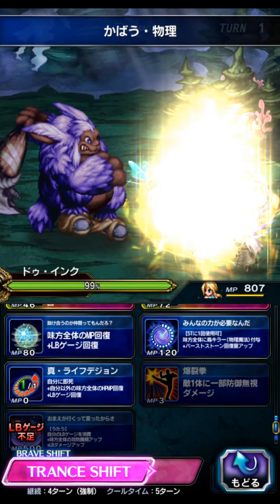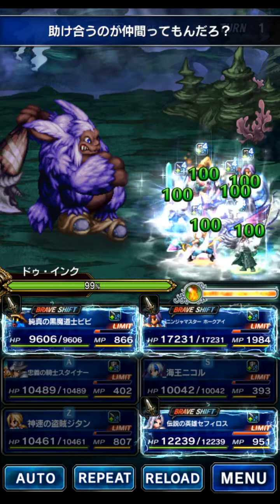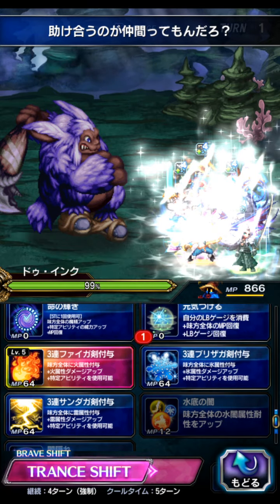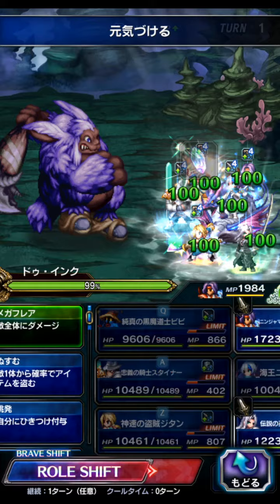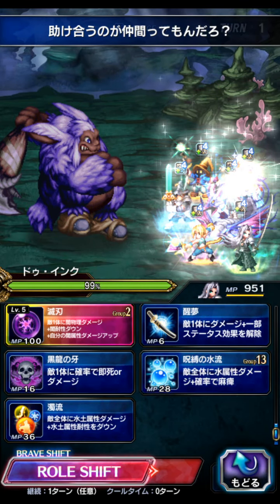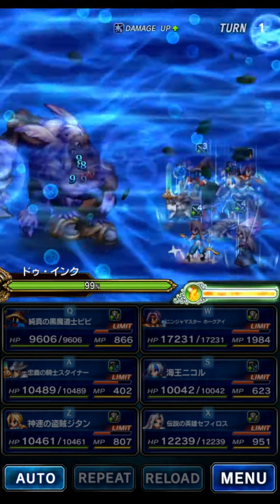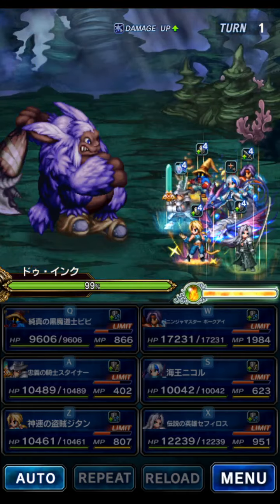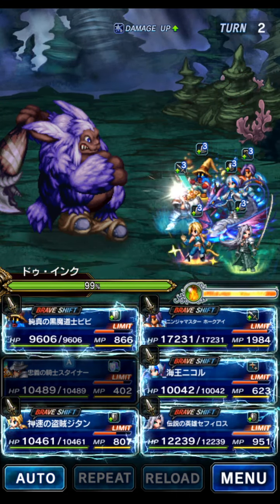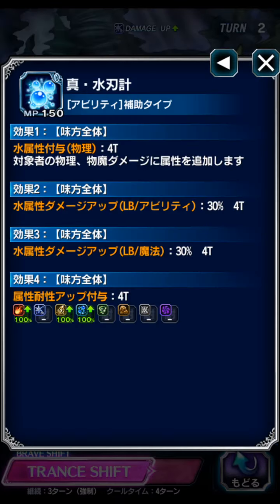We're gonna LB fill with Zidane. VV is going to LB fill as well. Let's see. Hawkeye is going to rally and cry LB fill, and Sephiroth will use some water damage on the boss and try to get a crystal drop for VV if possible. We didn't. Oh well. All right, so yeah, this is a 100% fire